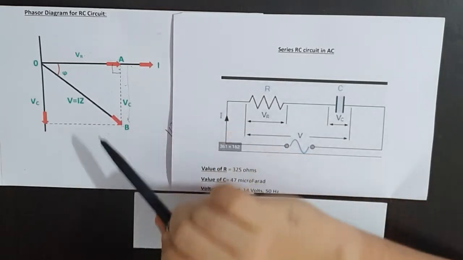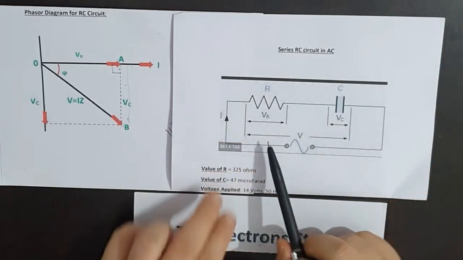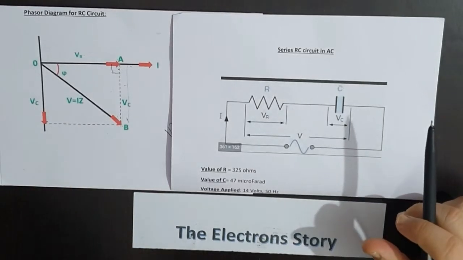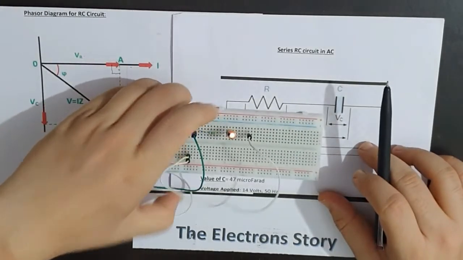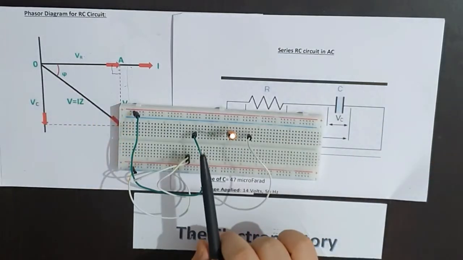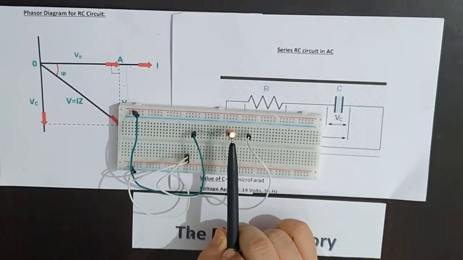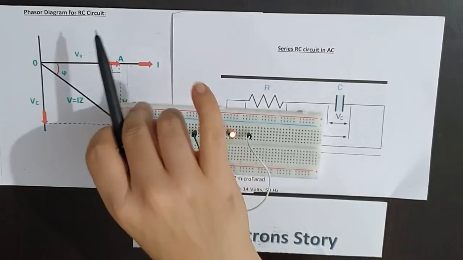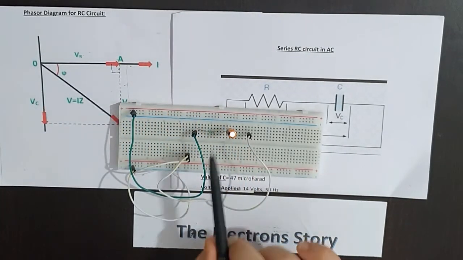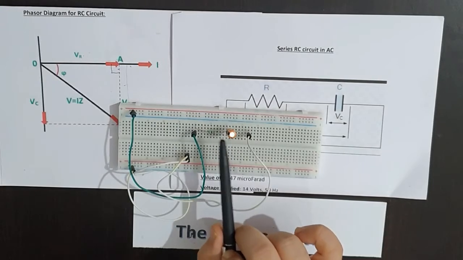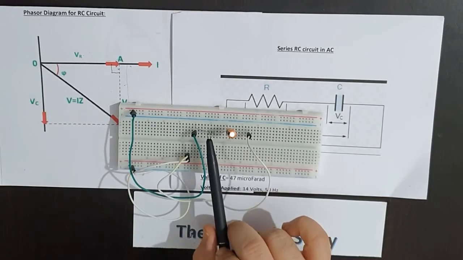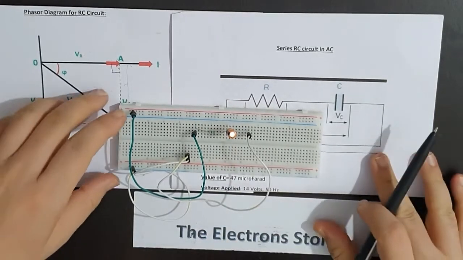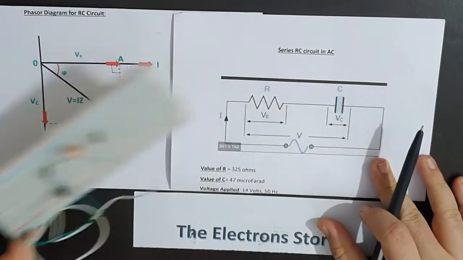So moving with the same phase shift which I explained to you, I have drawn a circuit. Also, I have tried to depict the circuit on the breadboard where R is there. You have a capacitor. We have put an electrolytic capacitor, and we'll be applying a 14 volt AC voltage, 50 hertz. Then the RC component would be studied, and I'll show you the voltage across the resistor and the voltage across the capacitor, and you'll see some deviation. That is what I wanted to explain in this.